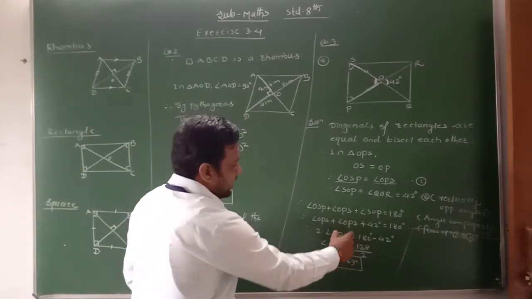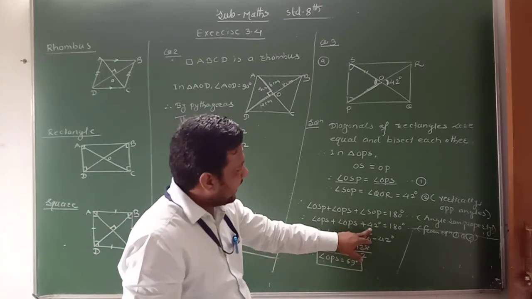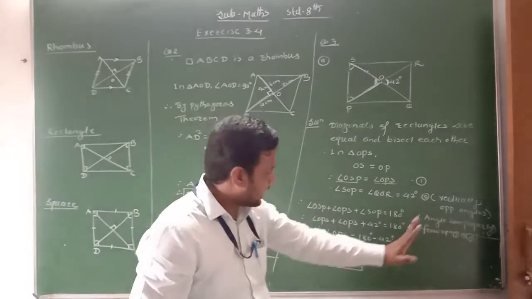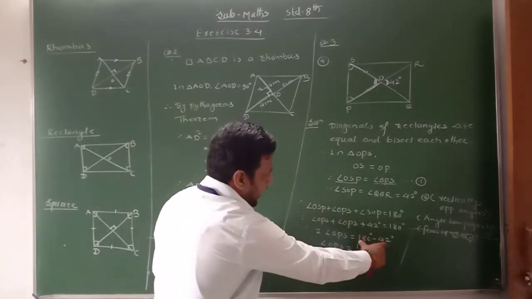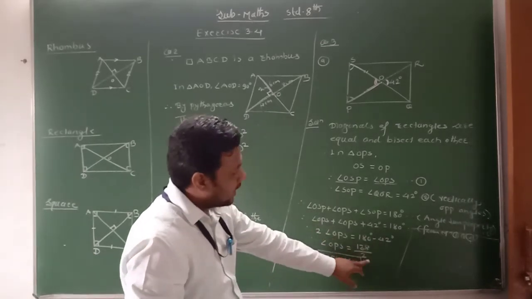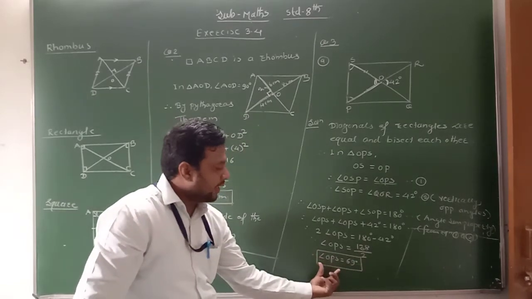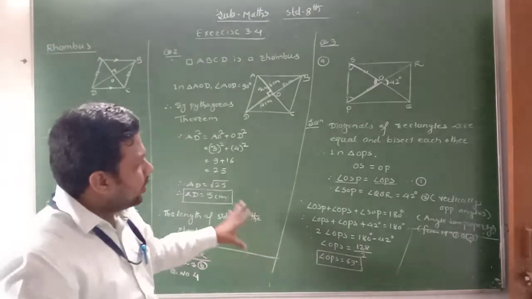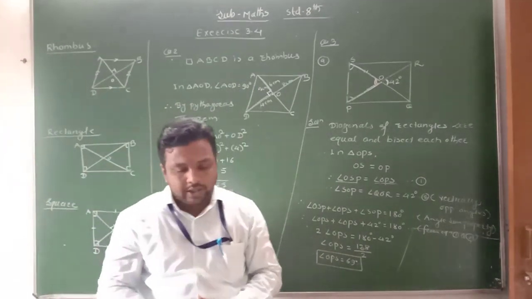OPS plus OPS, here I write 2 times angle OPS is equal to 180 degree minus 42. Okay, here I transfer 42 on the right hand side. Therefore angle OPS is equal to, subtraction of this is equal to what? 138. Here I transfer, it will come in division, 138 divided by 2. Then angle OPS is equal to what? 69 degree. I hope student you understand both the question, how to use the properties given to solve the question.